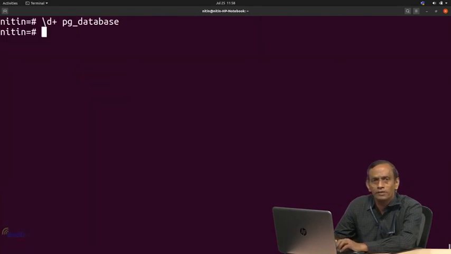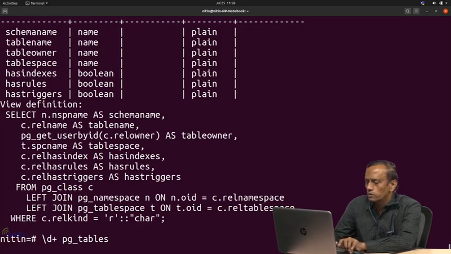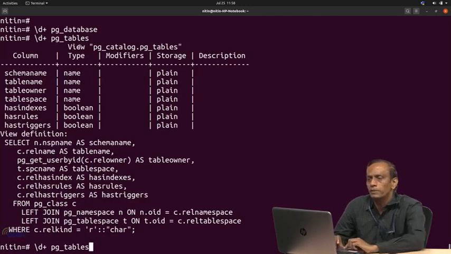In a similar fashion, the way that we saw pg_database, whenever we create a table, its information can be seen in, for example, let us try whether pg_tables exists. Yes, you see here table name, schema name and so on, and in the background what is running is pg_class. This is again a view. Like you might have seen, pg_tables is a view.